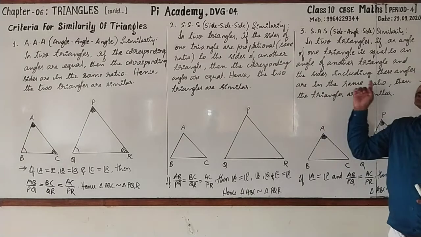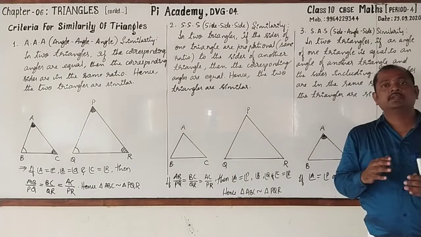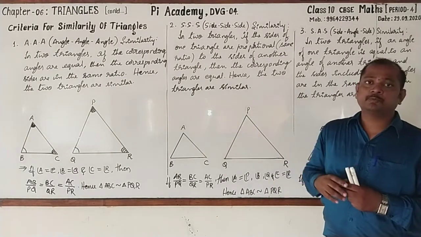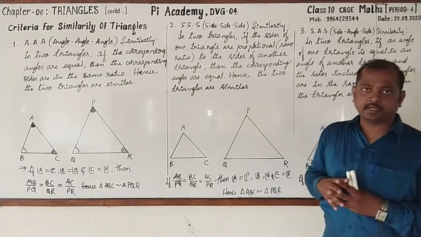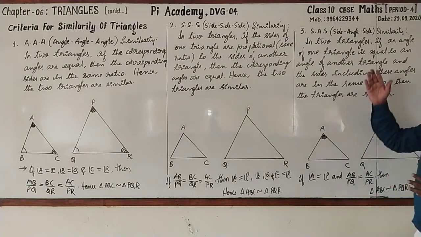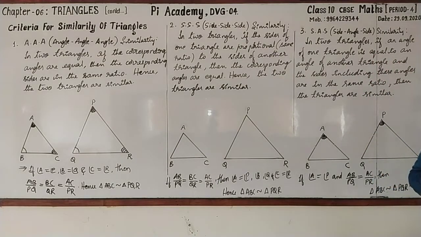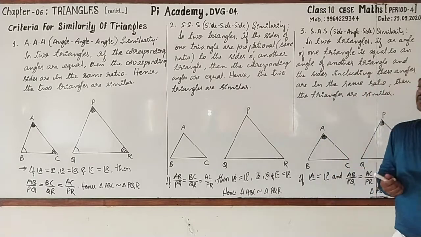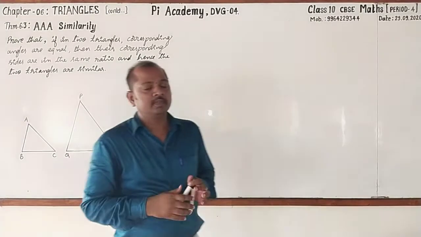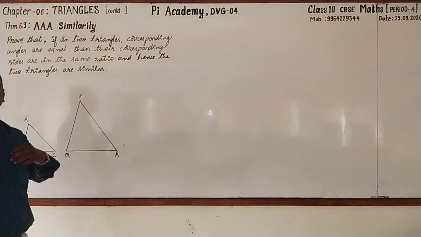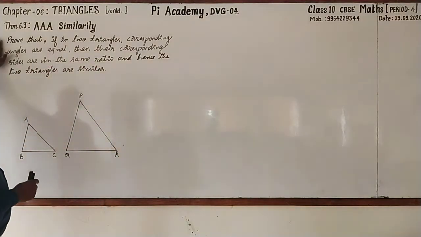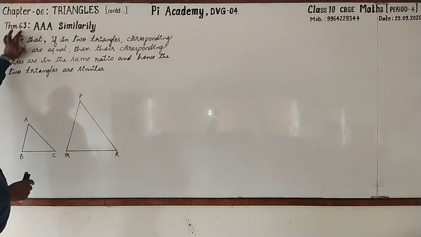You must learn all the three statements without fail, because in the examination there is a chance of asking the question: state and prove AA similarity criterion, or SAS similarity criterion, and third one SSS similarity criterion. So now let's go for proving these one by one. Dear students, now let's go for proving all the similarity criterion one by one. This is the first one. It has been given in theorem 6.3.